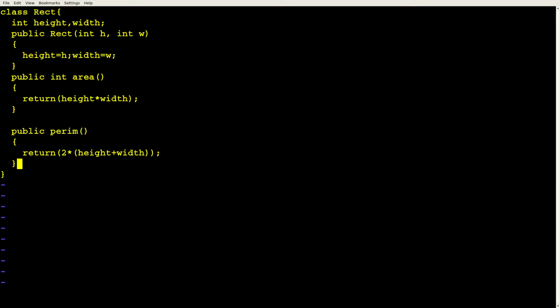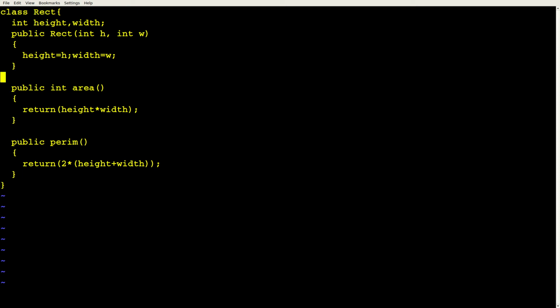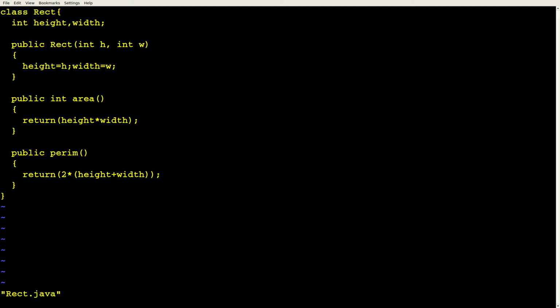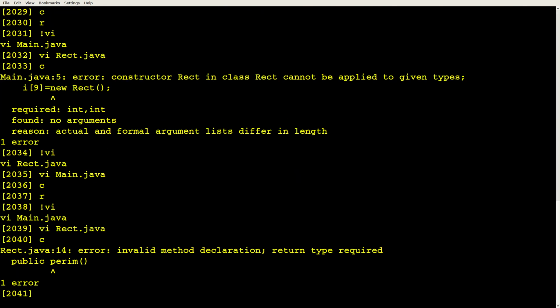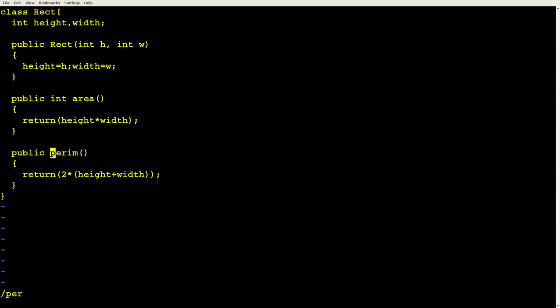It's got a perimeter method. It's got a glaring lack of comments. But that's a rectangle class. Don't worry about main. Gotta return an integer.